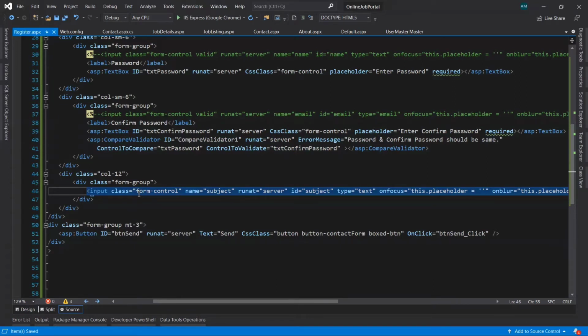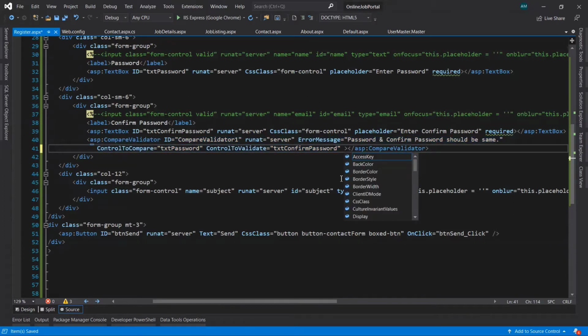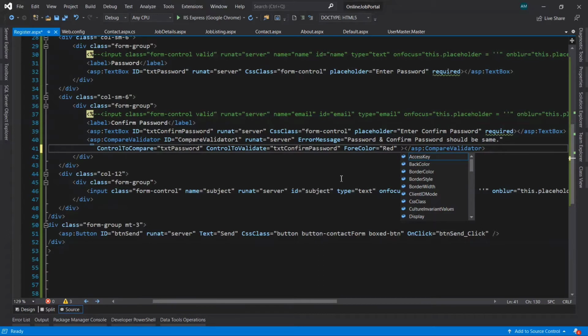Now after that, for this we need to give some fore color and some font size also. Let's give here fore color is equals to red, so it should be in red, and display it dynamically.